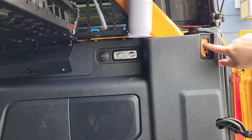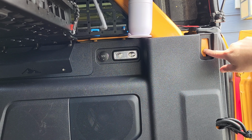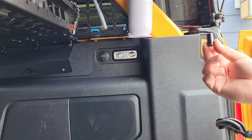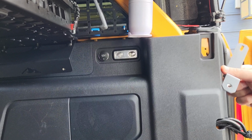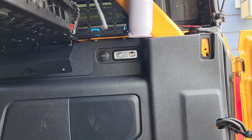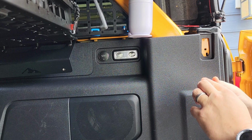Next, you want to come back here to this panel right here. There's already a pre-drilled set of threads here. I've got the hard top, so I don't have anything else additional here to remove. So the only other thing that I need is this spacer here, this bracket, and then the 4mm hex socket along with this and a washer. So I'll get this washer here,